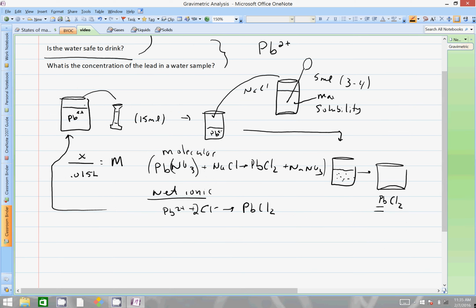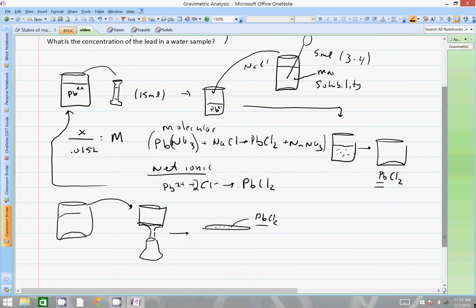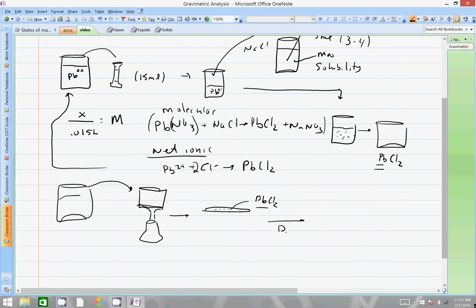So what I want to do next is take my sample of lead chloride, keeping all the lead here, and I'm looking to filter out the lead chloride, and usually would use some sort of vacuum filtration for this. You should be familiar with that. And then by the end of the hour, we'd have a filter with all of the lead chloride on this particular piece of paper. Let it dry, and in the end we would have a mass of